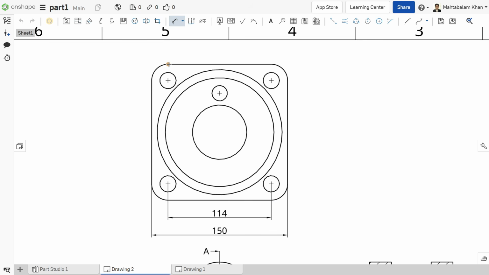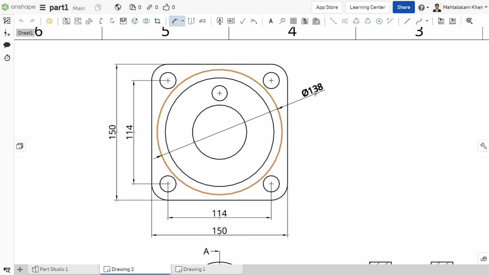Okay, that's it. Now let's try this, 138. Let's try this, 60. Keep this side.